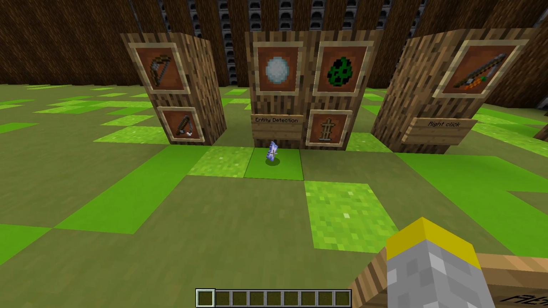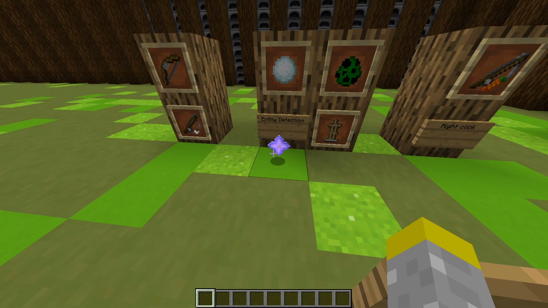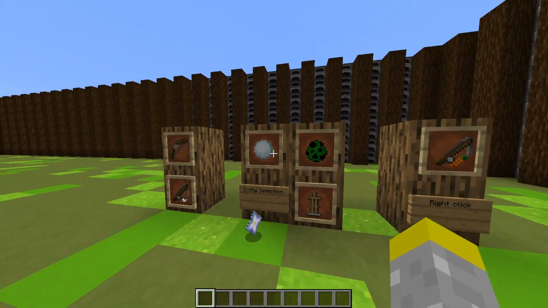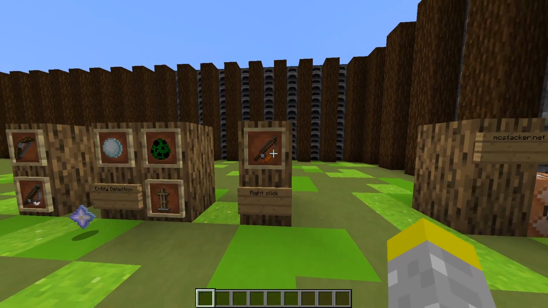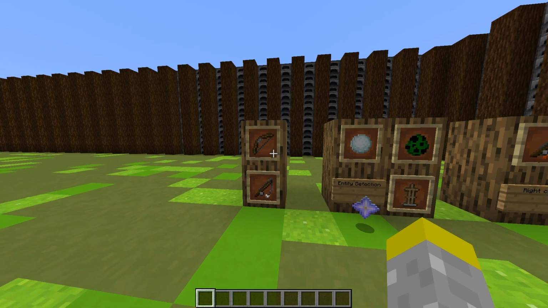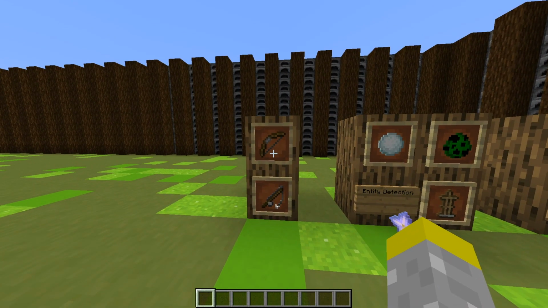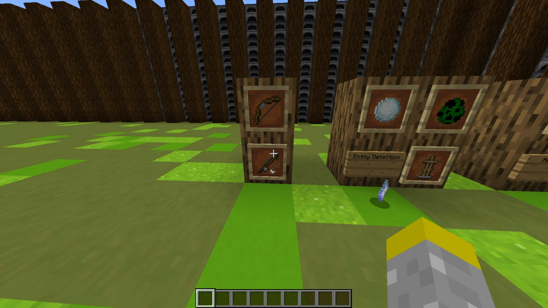Or let's say you're trying to make something where you're dropping an item onto the ground and that makes it explode. Then you want to be able to identify where the item is and then summon TNT right on the item. For these types of items, it is very easy. And for the carrot on a stick, it's relatively easy, but you do have to do a bit of scoreboard stuff. But if you're going to do stuff with a bow or with a fishing rod, it gets a little bit harder